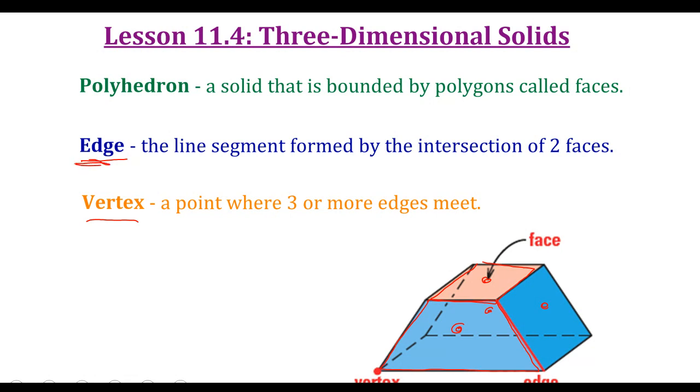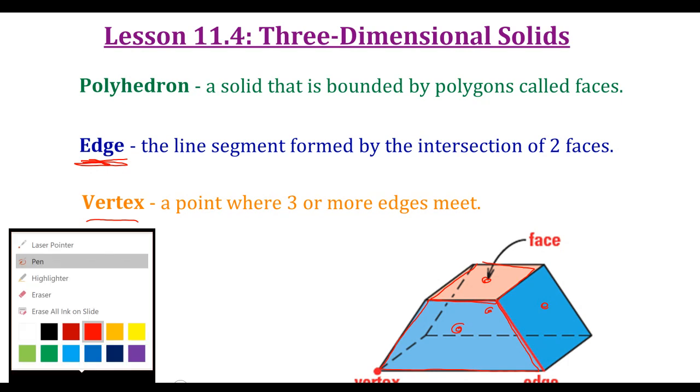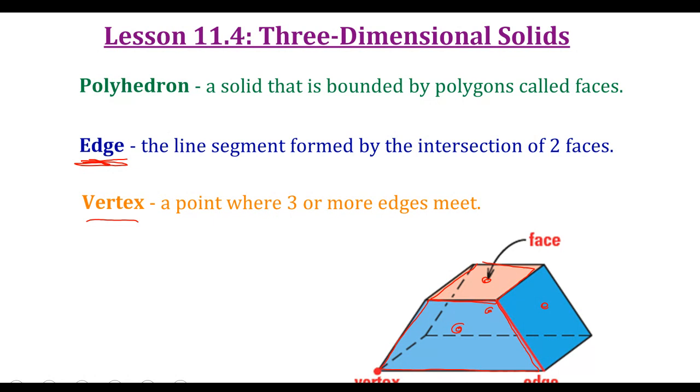An edge is the line segment formed by the intersection of two faces. So if we're looking at the edges, we're looking at this right here. This would be an edge. This would be an edge. This would be an edge. And so we count how many edges